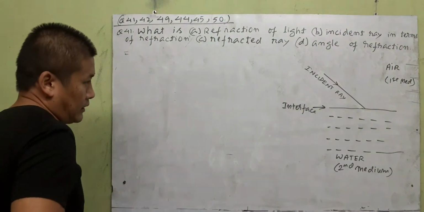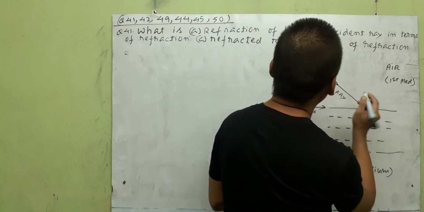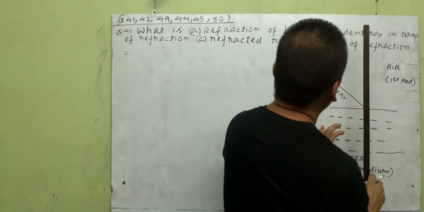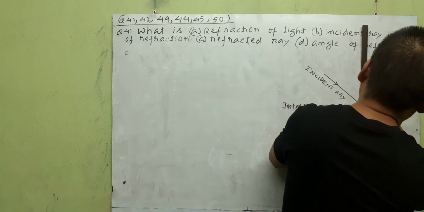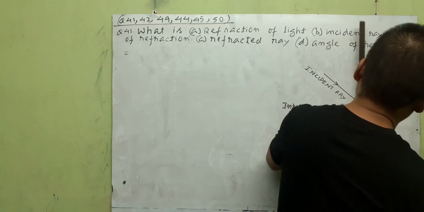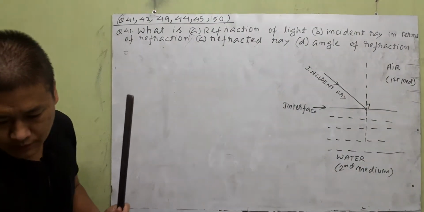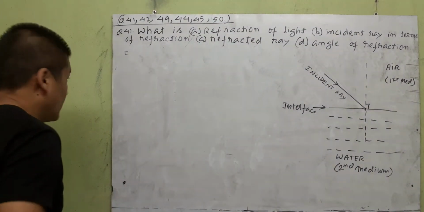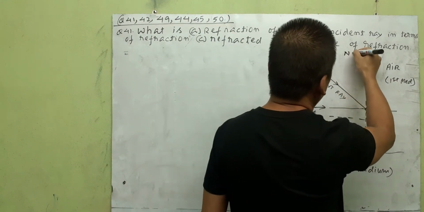But before that, the point where you strike the interface is called the point of incidence. Here you draw an imaginary line exactly at that point, making 90 degrees to the interface. Such a line is called, you can write it down, normal